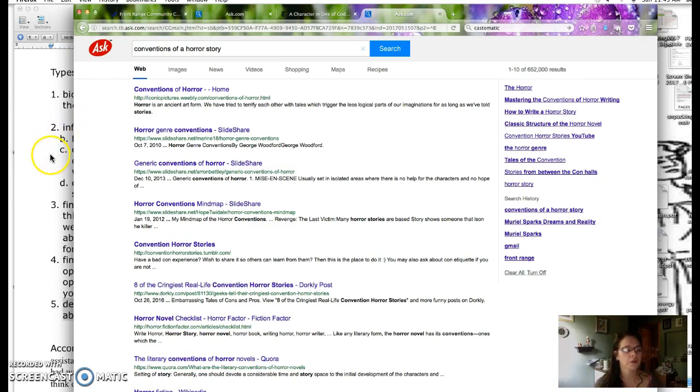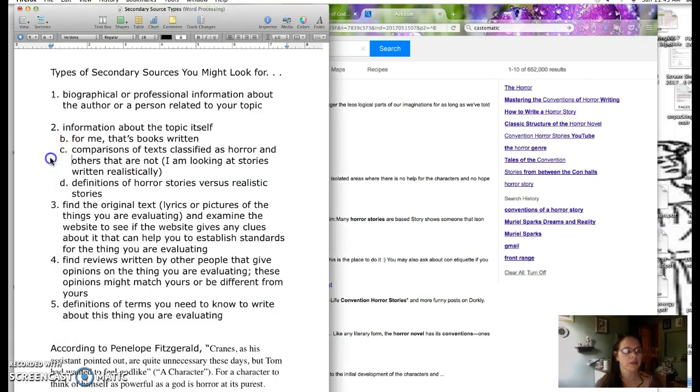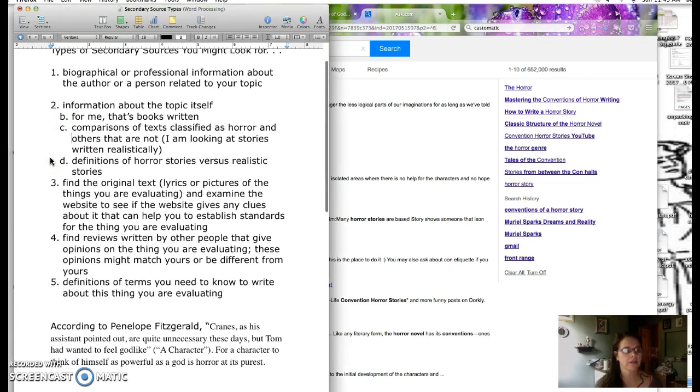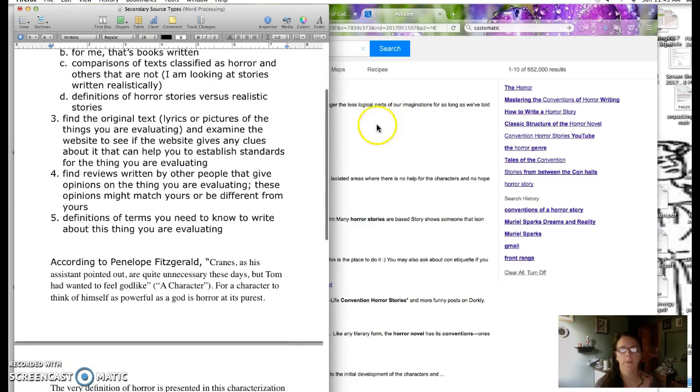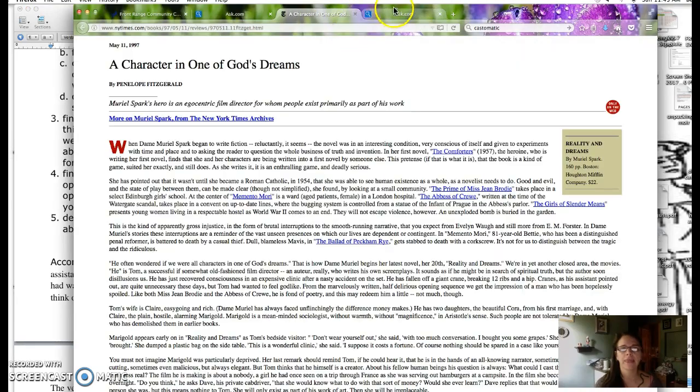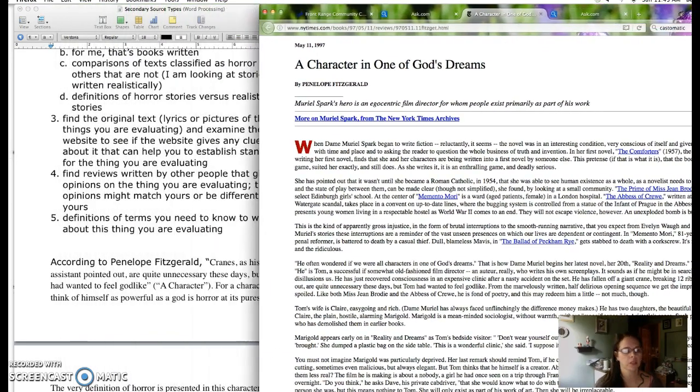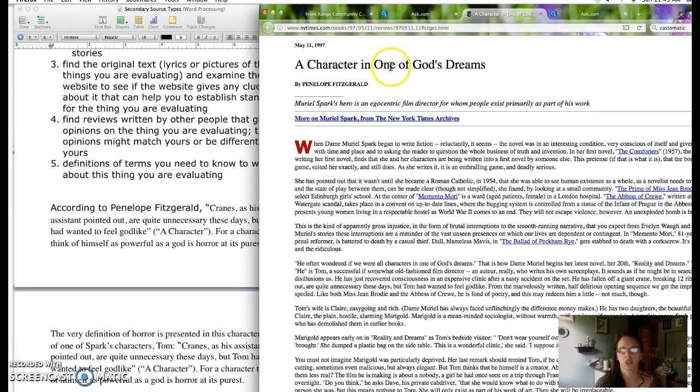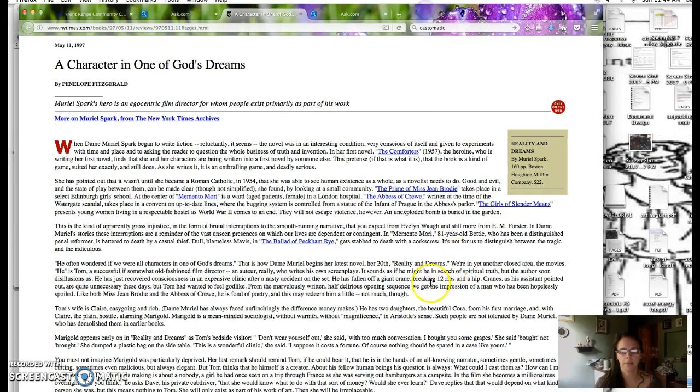All right, so hopefully that helps you a little bit in thinking about what kind of information you can find. And certainly you heard me say at the beginning that I haven't given a list of all the kinds of sources you might look for, but that's a good start for those of you who have no idea what kind of source to look for. So you'll remember that I said I think this is the secondary source I want to use. So what I did, and I'll just show you this quickly, is I pulled a quote from, oops, I got to slide that back over so you guys can see it. I pulled a quote from right here into my draft